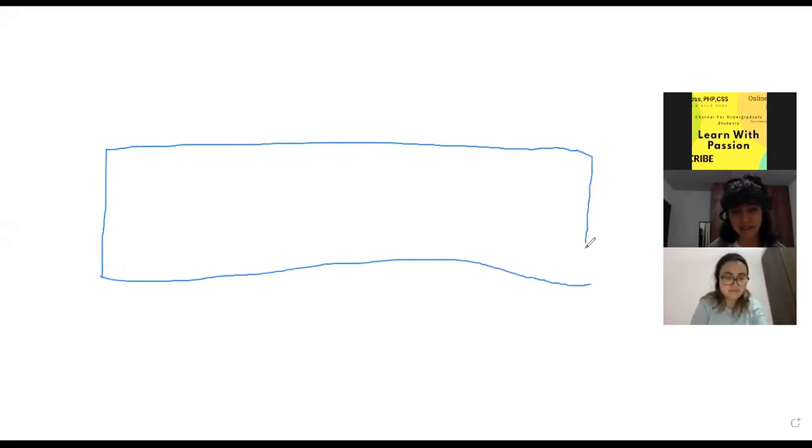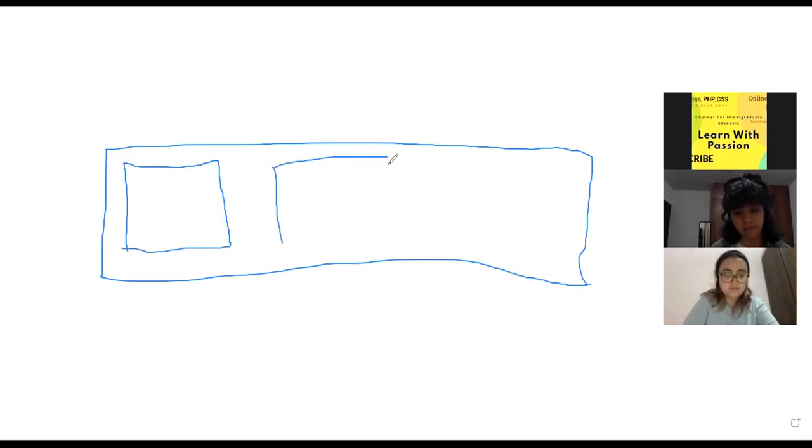This is a div block, or this is our container, and basically in the container we have three boxes like this. One, two.